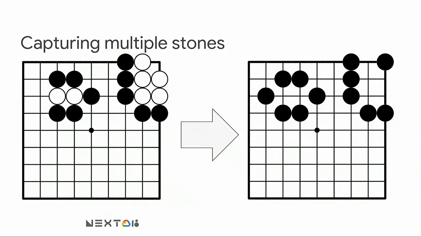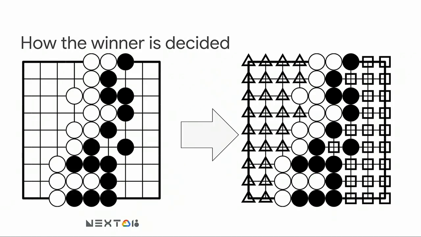as it were. The winner is decided by, as you try to divide up the board, whoever has more territory wins. That's it. So it's like you're drawing up lines on a map. You're carving up, I get this, you get that. You can see on the right diagram there that white has surrounded all the triangled points and black has surrounded